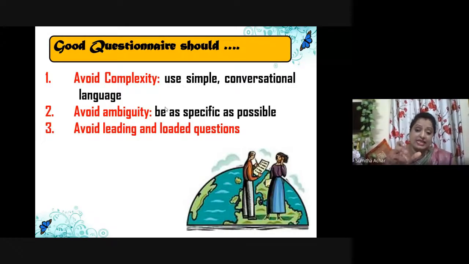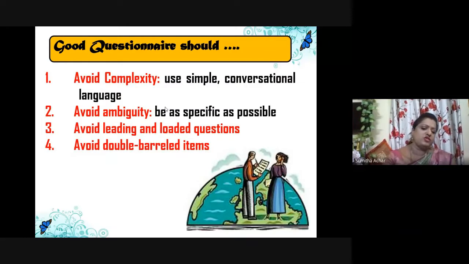And when using scales, be very specific, whether you are taking formative scales, reflective scales, odd scales, balanced scales, or unbalanced scales. You should know these things. Then leading and loaded questions, right? You should avoid leading and loaded questions. What are they? Leading questions lead the respondents to answer in a specific way. And loaded questions are those where the respondent himself will be confused about what exactly the researcher wanted. And avoid double-barreled items.